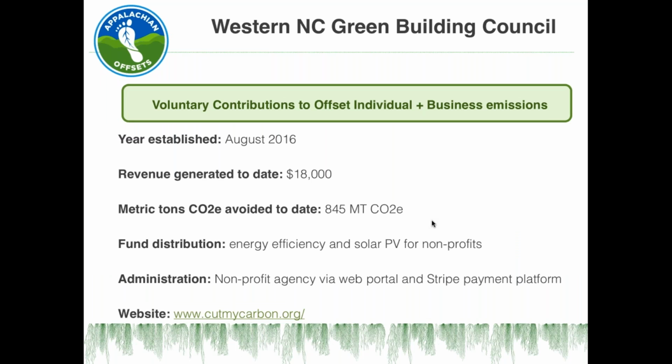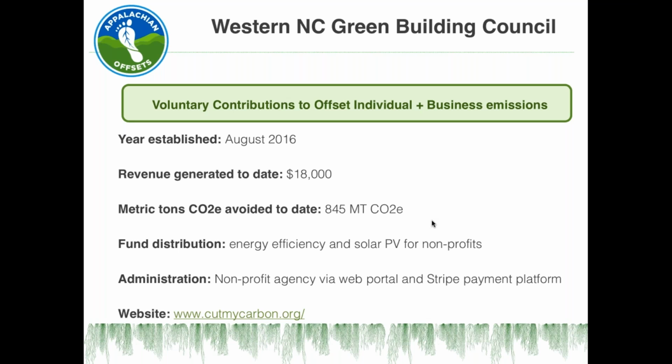They receive voluntary contributions which are paid for on the website. So there is a Stripe payment feature on the calculator web pages. And so again, both individuals and businesses can offset their emissions. And the Western North Carolina Green Building Council had actually launched this program 3 years ago, and it stagnated, and